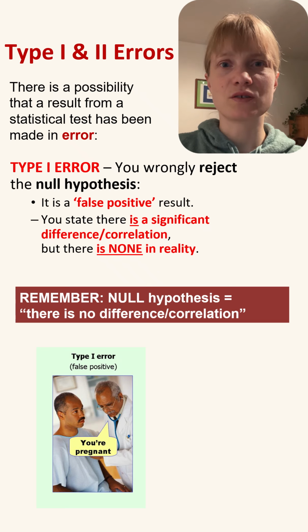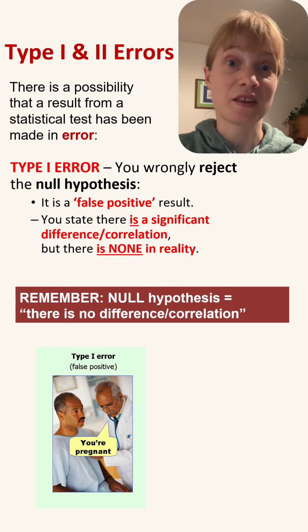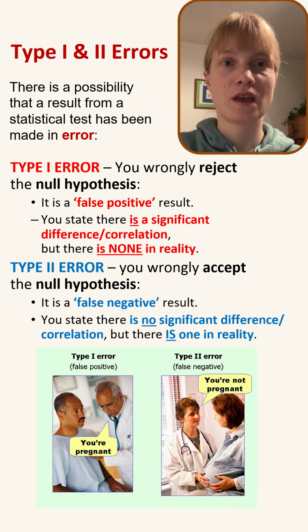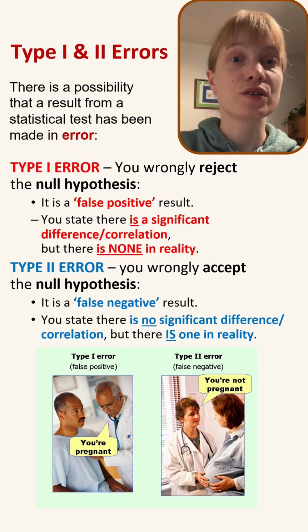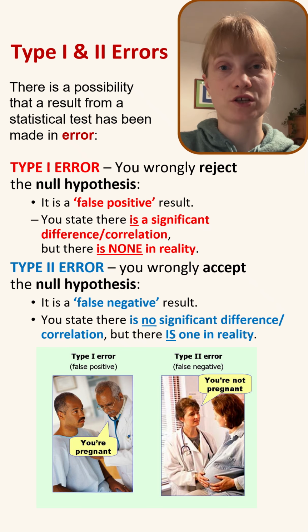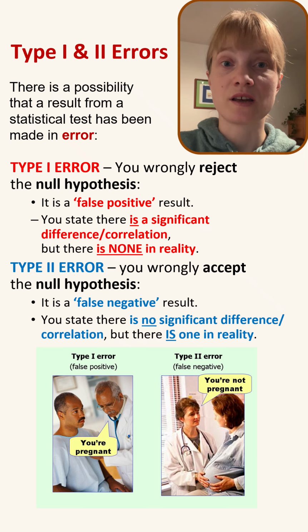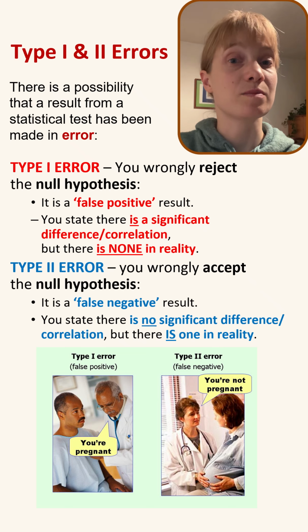It's like saying to someone who is clearly not pregnant that they are pregnant. A type 2 error happens when the null hypothesis is wrongly accepted, a false negative. That means concluding there's no significant effect when there actually is one in the population. In other words, this would be telling someone very pregnant that they're not pregnant. So in short, type 1 is believing there's an effect that doesn't exist, and type 2 is missing an effect